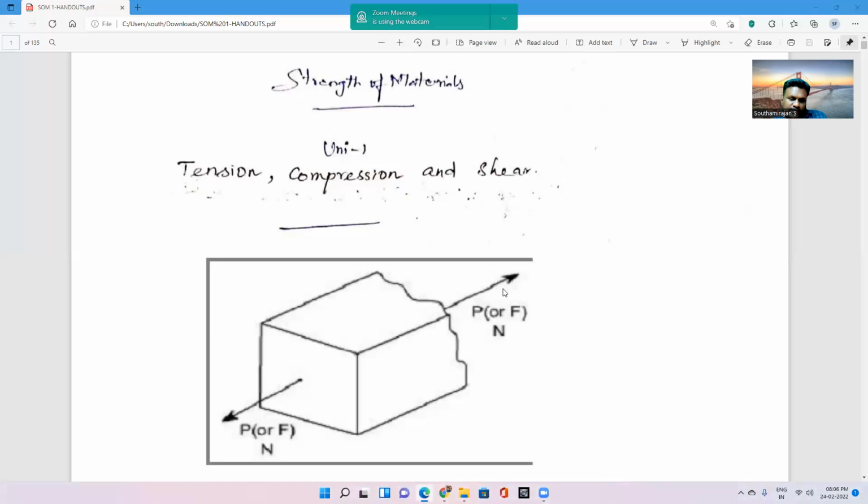Compressive load is a nature of load. The word itself implies that we are going to apply the load in a compression manner, which is nothing but applying the load inward. The load will be applied on either side, inward to the member. By applying the compressive load, we expect the material to deform in a manner of compression nature,